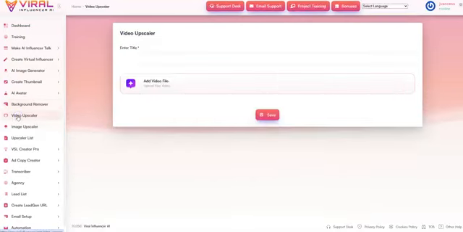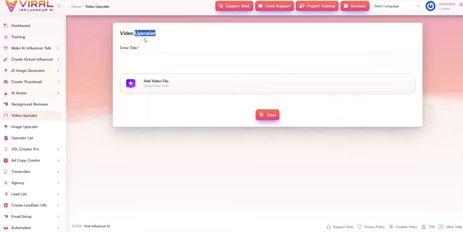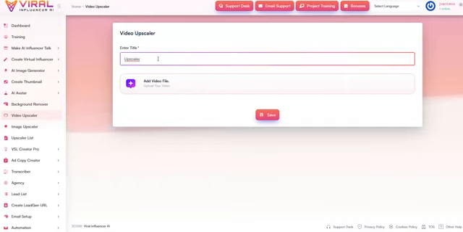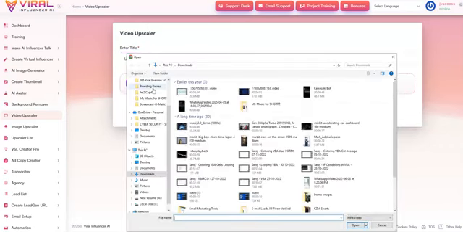and you've got a video upscaler. So I'm just gonna name that as upscaler 123, and then I will add a video to upscale that. So I've got a video right over here. Okay, I'll just select this one,